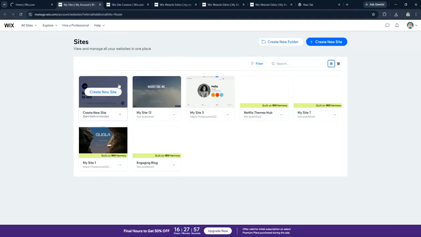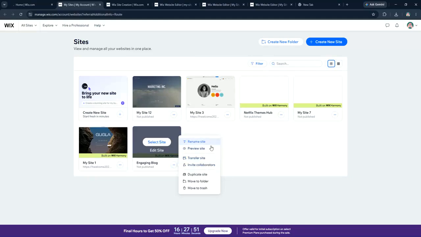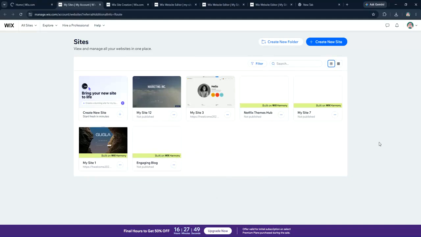Now, look for the Data Management option on the left-hand side menu. Click on it to view all the databases and collections associated with your site. Here, you can manage your collections by adding new fields, editing existing data, or restructuring the database according to your needs. To add a new collection, simply click on the Create Collection button, give it a name, and set the